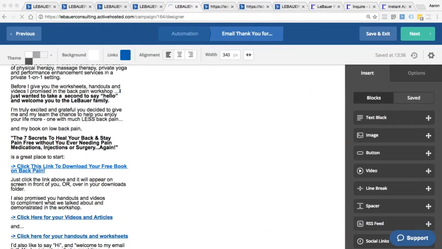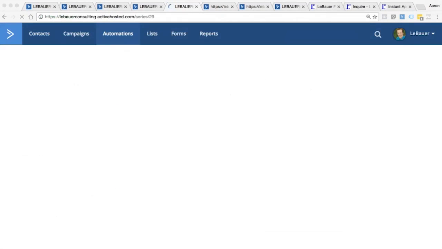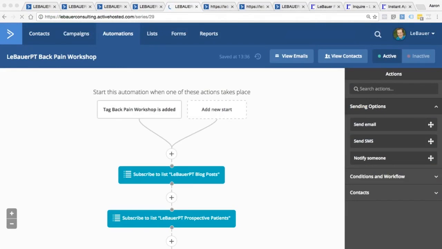Let's see. Any other questions? How do you protect the patient's information that they submit on the form? Well,